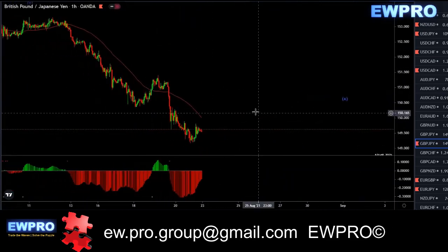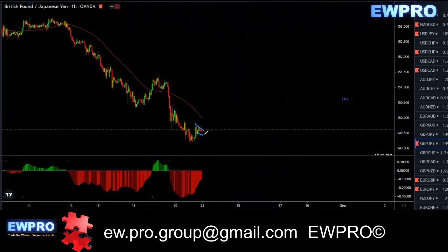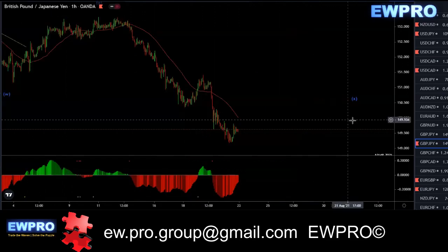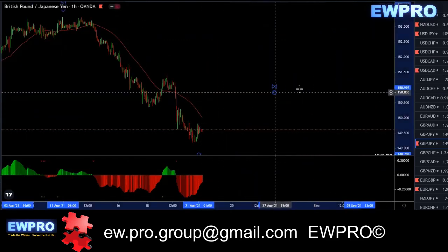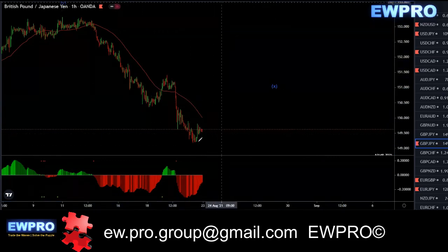There's really no buy or sell setup on it at this stage. To buy this little bullish flag in here is very risky because we haven't got that impulse. If you draw a trend line here, you want that trend line break, nice impulse up, and then the setup for the buy. We're not getting that yet. So you pretty much have to wait, pretty much like the UCAD. We want to see that correction in X2 before you look for the sell, before you can look for more downside. But if you get that nice impulse up,